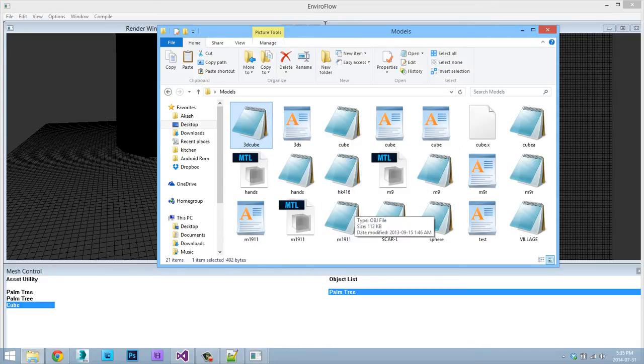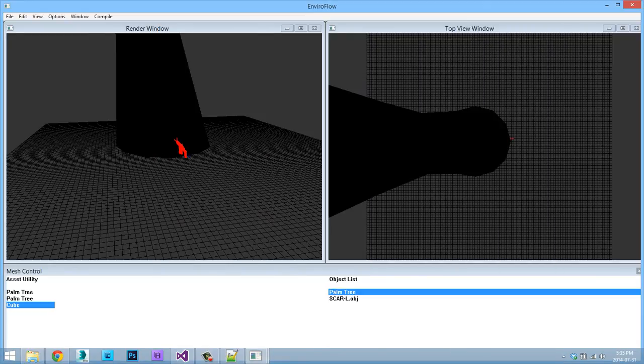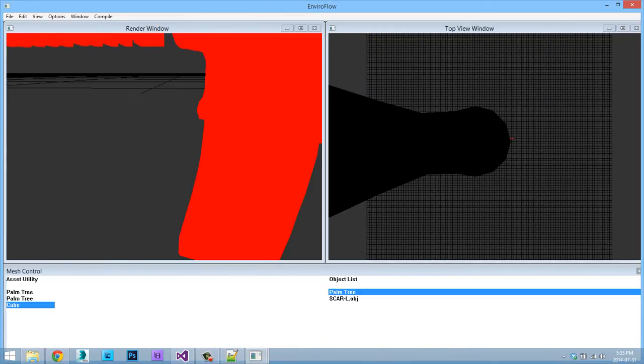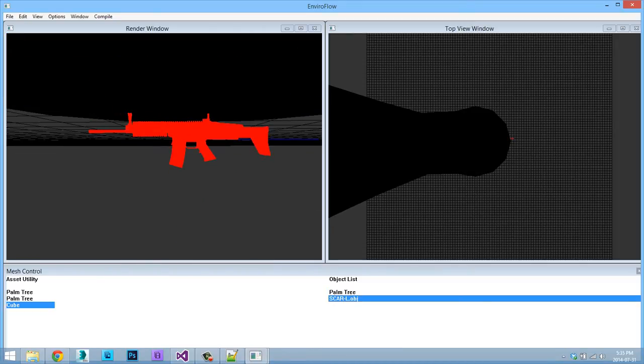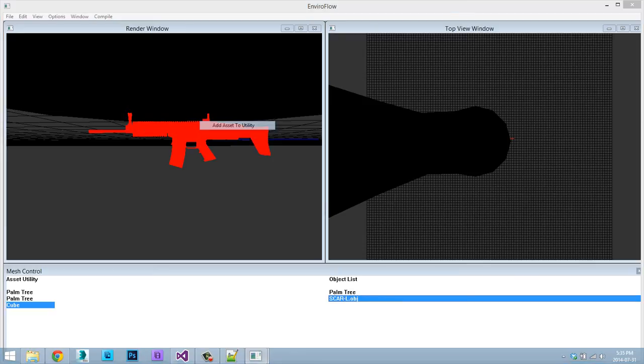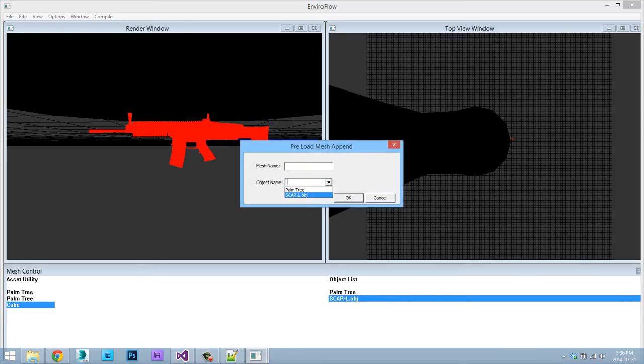So say I wanted to add, say I used, I don't know why, but say I use the scarl a lot in my map, I'd drag it there. We see that the scarl has been added to the map. And then say I use the scarl multiple times in my map, I could just hit asset utility, choose scarl, and the mesh name would be scarl, hit OK, and it might take a while because the scarl has a lot of vertices. So now it's just going to write to the file,